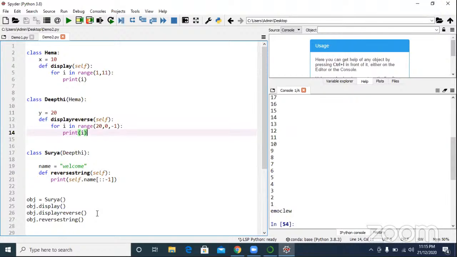If you follow such a structure, such a pattern, that is called multi-level inheritance. Correct? In Java also it is the same. So this is a simple example to know about multi-level inheritance. Got it?